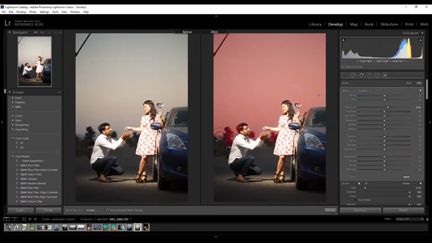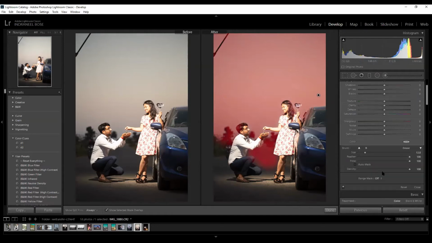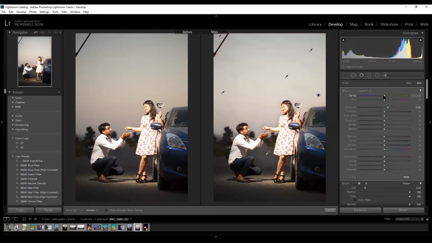Don't worry if it's getting inside because we will do a color masking, okay? So don't worry much about that. Let's take a physical area properly. Now let's go to the color mask zone and take on the colors. One, 2, 3, 4, 5. Now just we will change it.